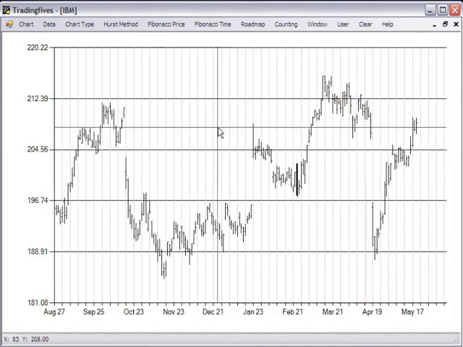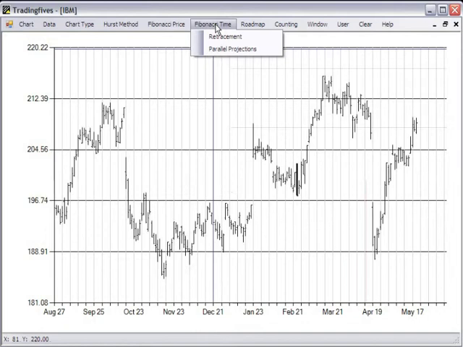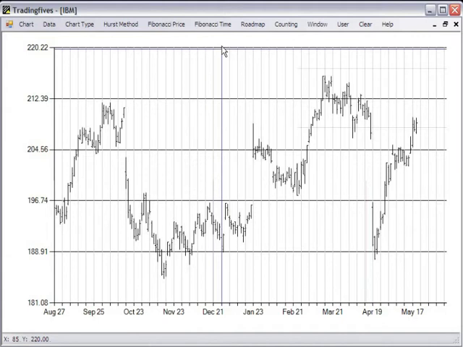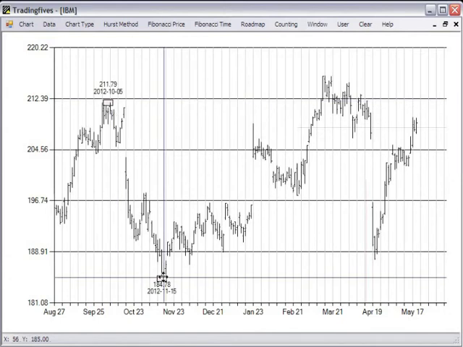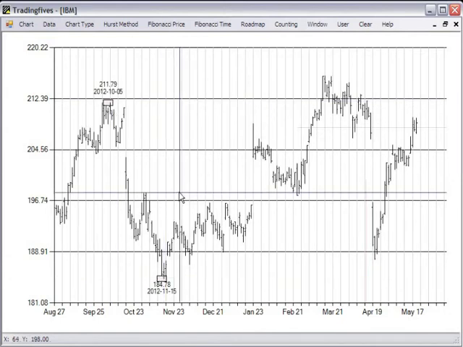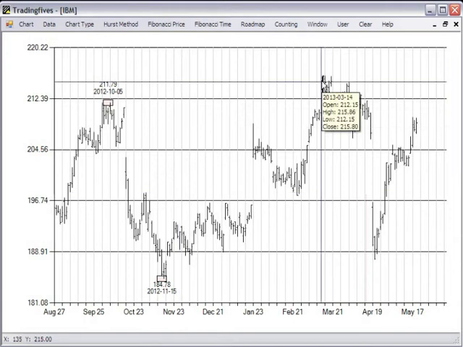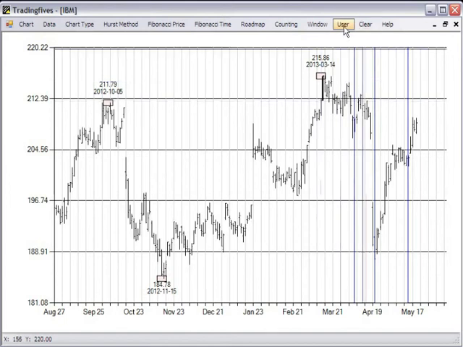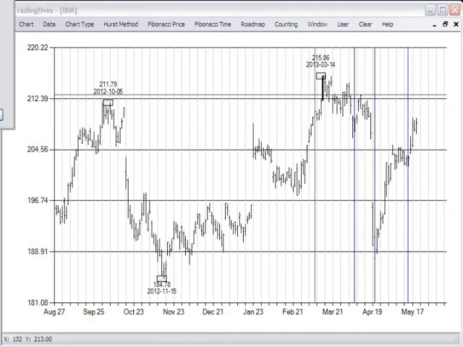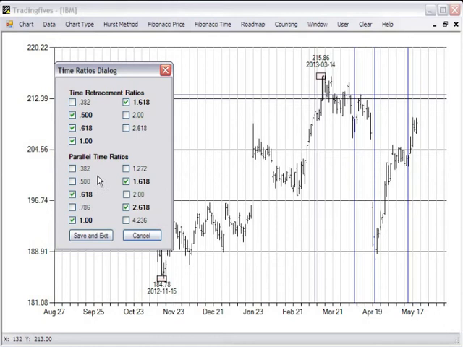deleting them. The next Fibonacci time method is parallel projections. And to implement this, you can do this 2 ways. The first way we'll demonstrate is you want to do a measured swing. We'll left click on the high, right click on the low, and the third click you can put anywhere else on the chart, and in this case we'll move over to this high, and it'll project this measured swing using, again, the ratios in the Fibonacci time ratio set for parallel projections